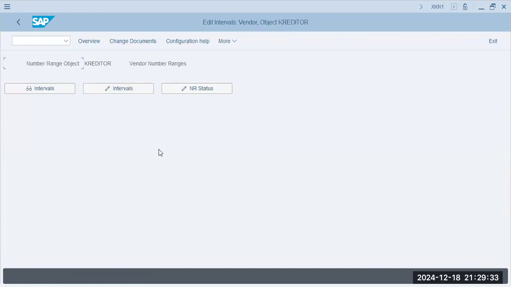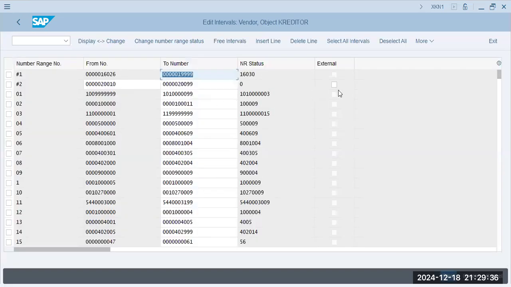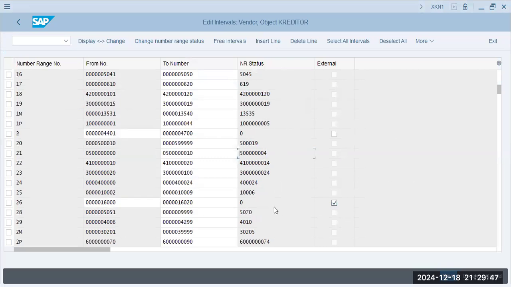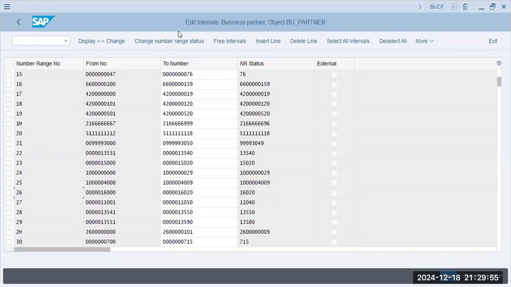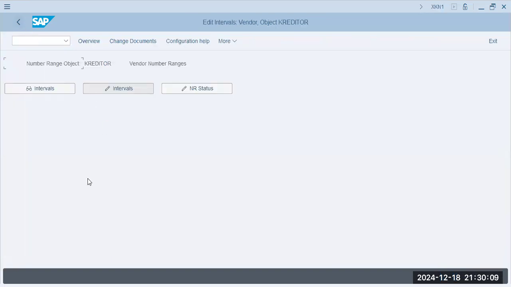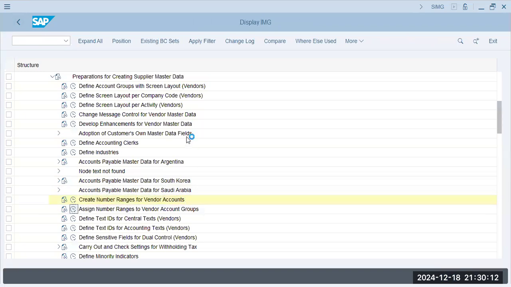Create number ranges for vendor accounts, intervals. Now I want to see number ranges which have the external check. This is the external one, which is 16,000 to 16,020. Page down. Now this is in cross application 26, 16,000 to 16,020. I can assign this one, 16,020. I go back to the finance area, assign number ranges to vendor account groups,